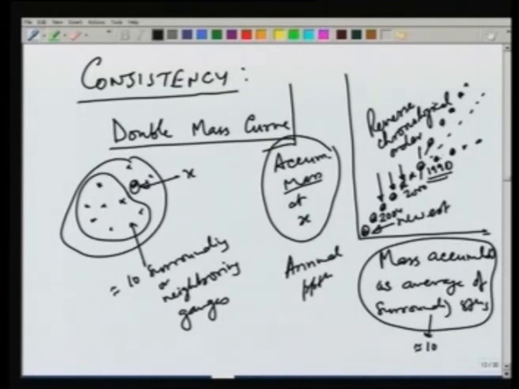Either the station was moved or the environment around the station was changed, and therefore we need to correct the earlier data and bring it in line with the recent data. So, if the data is here, we have to move it here onto the line. There is a correction factor which has to be applied to all the data before 1990, and that correction